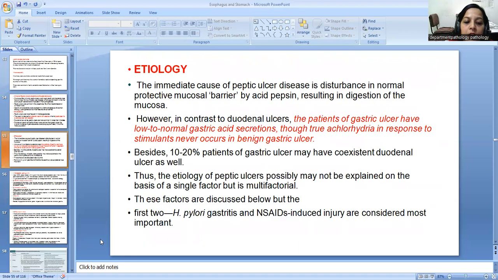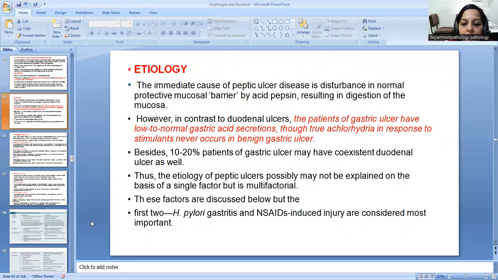Etiology. The immediate cause of peptic ulcer disease is disturbance in the normal protective mucosal barrier by acid pepsin, resulting in digestion of the mucosa. However, in contrast to duodenal ulcers, patients with gastric ulcer have low to normal gastric acid secretion, though true achlorhydria in response to stimulants never occurs in benign gastric ulcer. Besides, 10 to 20% of patients with gastric ulcer may have coexisting duodenal ulcers as well. Thus, the etiology of peptic ulcers possibly may not be explained on the basis of a single factor, but is